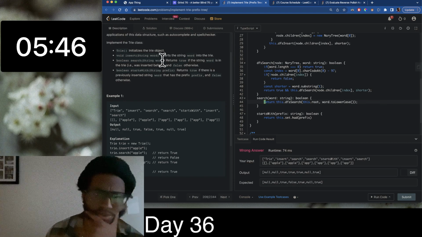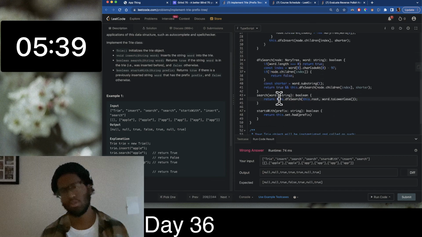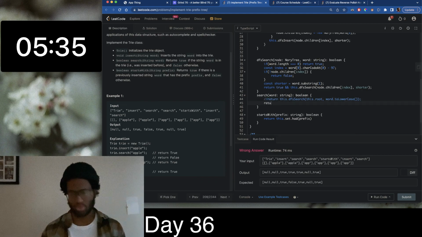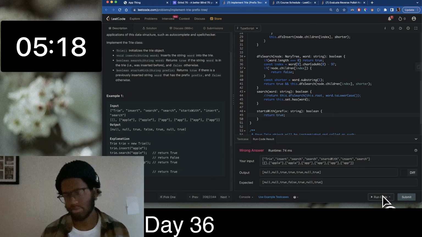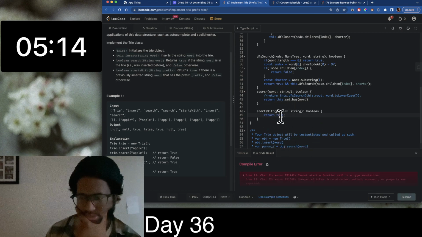Returns true if the string word is in the trie, was inserted before. That means we don't need to do DFS search anymore. So we say return this.set.has, and starts with, we can actually implement, might actually be the neat. So this should give us a passing test case, but we still have to fix